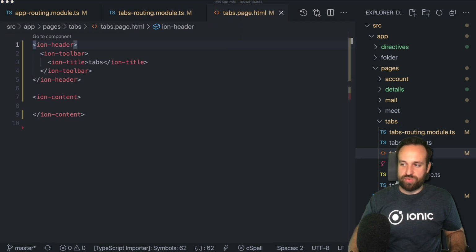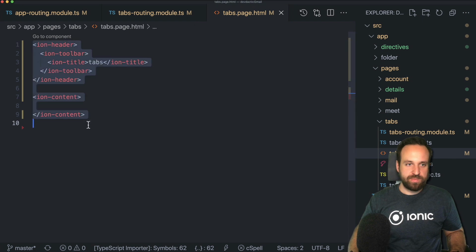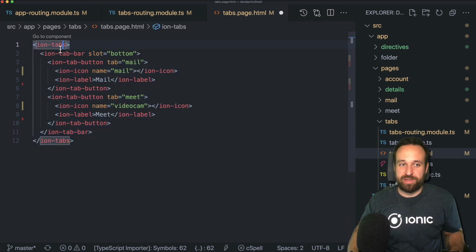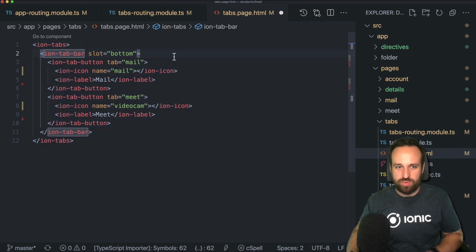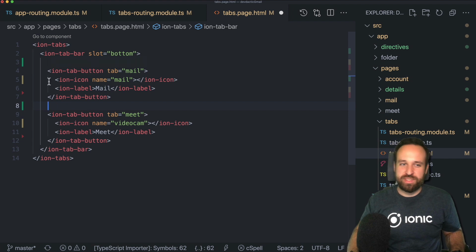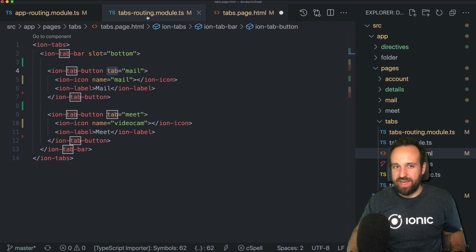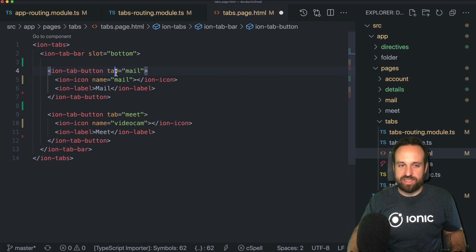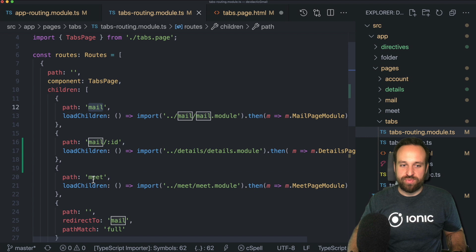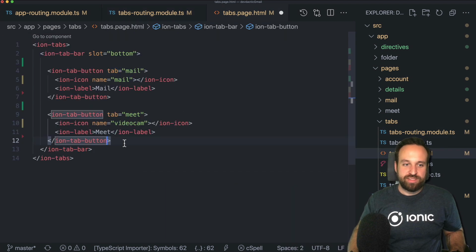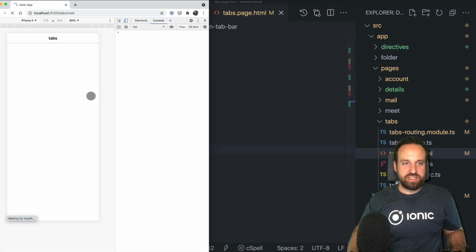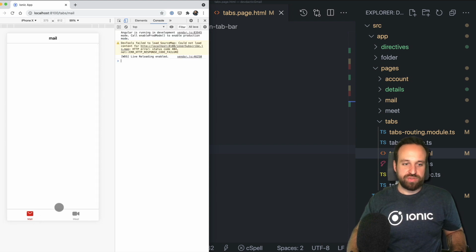But we can do this real quickly. It's an Ion tab bar. There's not much about it. Ion tabs, Ion tab bar. We've done this quite a few times. You define your tabs, and the most important part is the tab on the tab button. That needs to reflect the URL or the path that you defined in your routing. So you can see I have the tab mail and the tab meet, and that's exactly what we defined in here. So now, hopefully, we should have a tab bar with two tabs, and we should be able to navigate